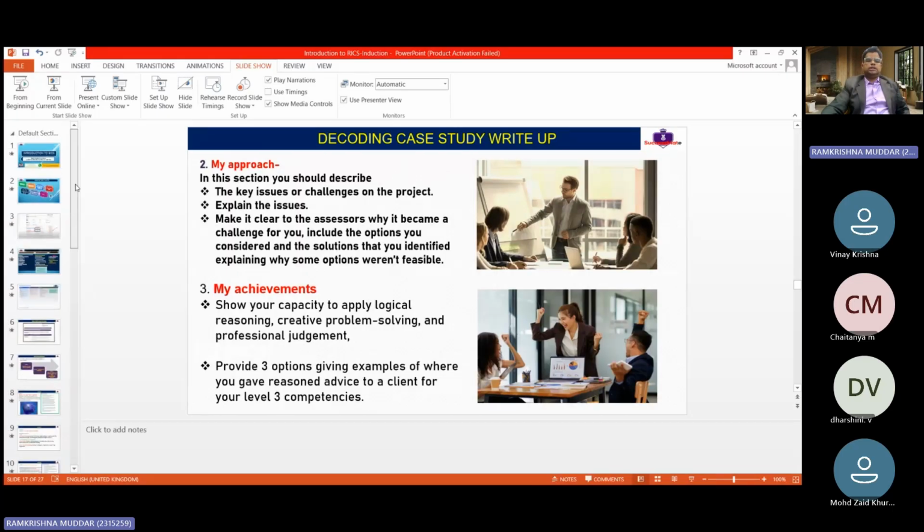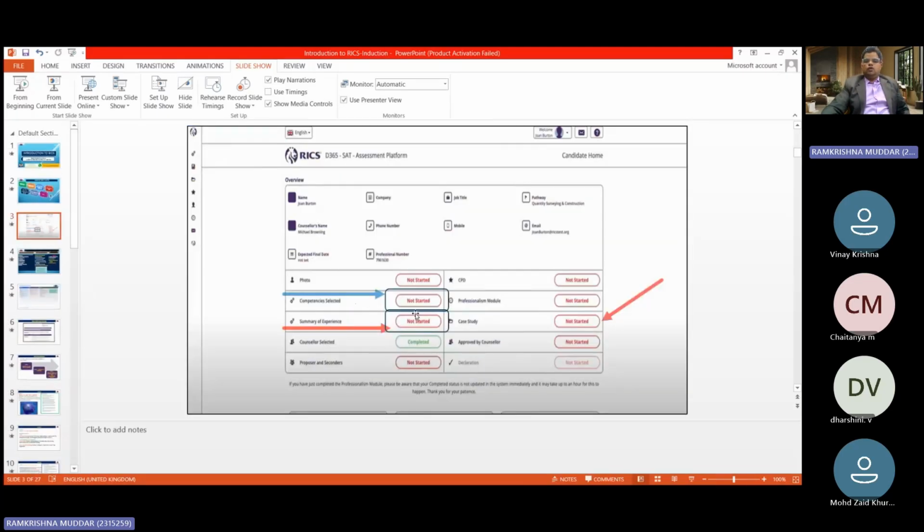If you go back to the slide here, okay. Now competency selection is done, summary of experience is done, and the case study. These are the only 3 which are most important. The rest is all one day's job. CPDs, whatever I am going to teach you, that is formal CPDs. Normally you don't require